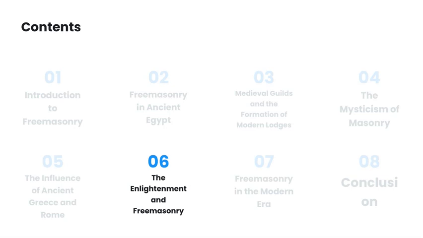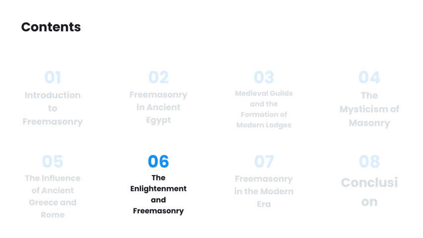Let's take a moment to look at the contents of this presentation. We start with an introduction to Freemasonry, which sets the stage for understanding its origins and significance. Then we move back in time to explore Freemasonry in ancient Egypt, highlighting its early roots and symbolic connections. Next, we discuss the influence of ancient Greece and Rome, emphasizing how their philosophies and architectures shaped Masonic ideas. We then examine how medieval guilds laid the groundwork for modern lodges, showing the evolution from craft associations to organized